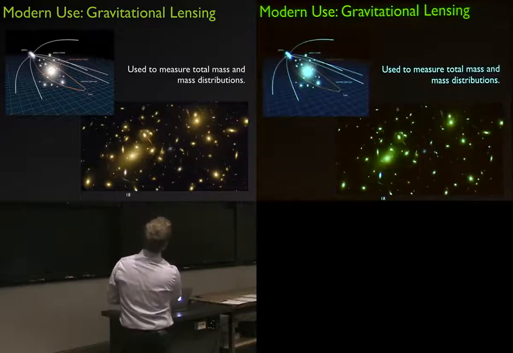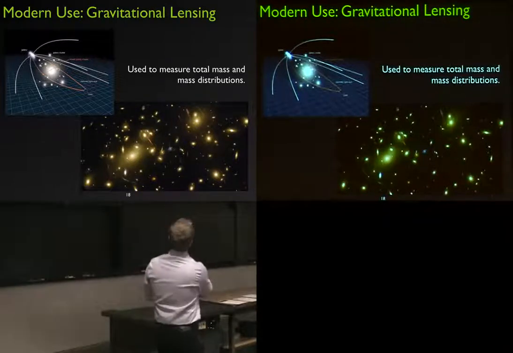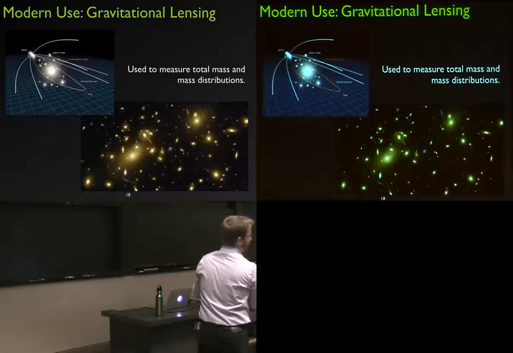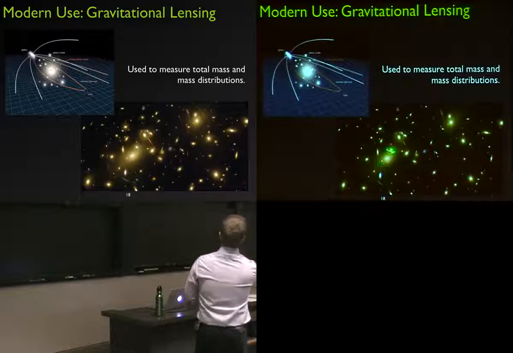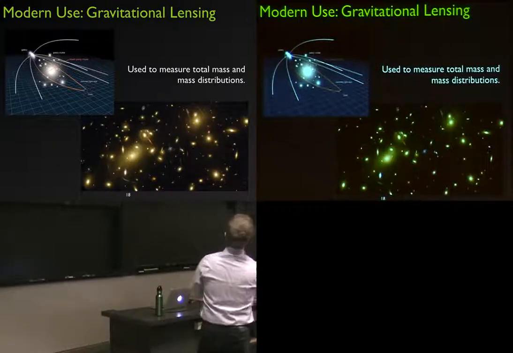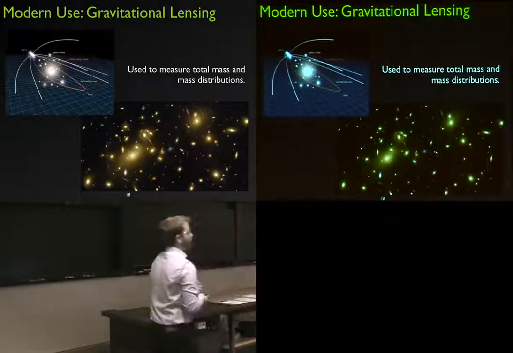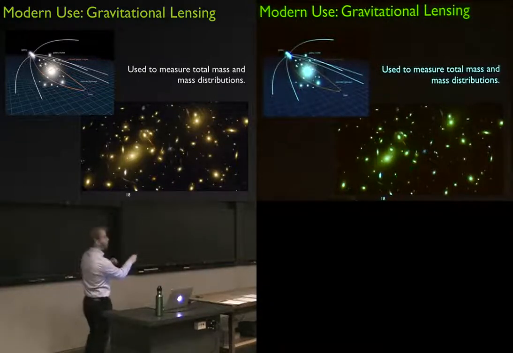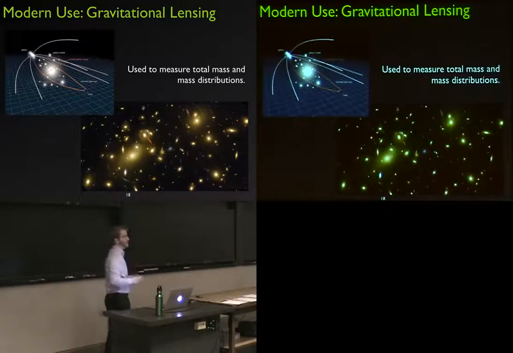So this bright object here is what's being shown right there. And then those rings, those distorted objects over here, are that distant galaxy in that cartoon. And then the stars are actually in front of the object. So yeah, this is not actually a star. This is a really massive galaxy. But it looks like a star just because it's so far away. So that is just a really spherical galaxy that's in between that more distant galaxy and us. Okay. And then we see that gravitational lensing, and from the exact distortion of those images, we can make very accurate maps of the distribution of mass in that galaxy, which is pretty cool.